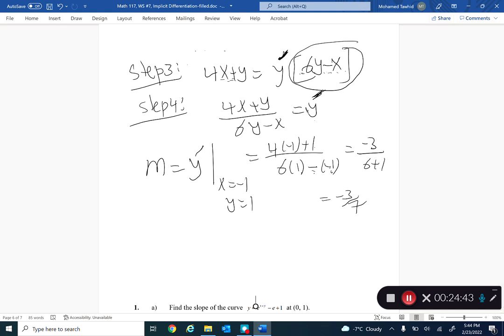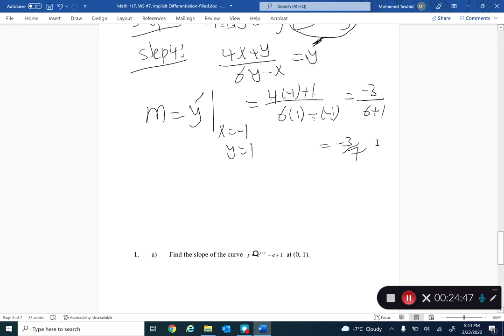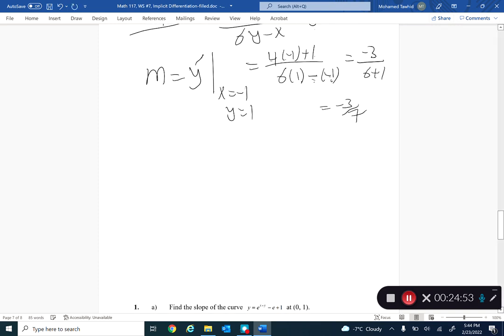So now, the question here is to find the slope of the tangent line. If I ask you what is the equation, maybe I do that for the other questions. Number 50 is in another example here. This is number 15 in the textbook. They ask you to find the equation of the tangent line